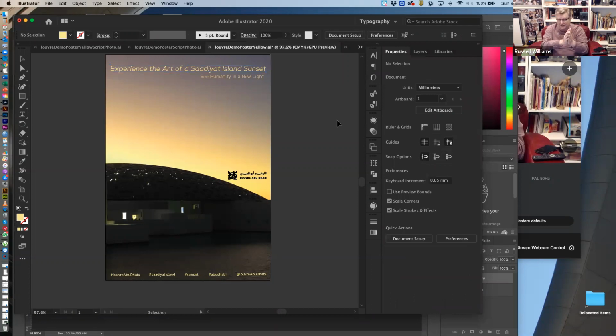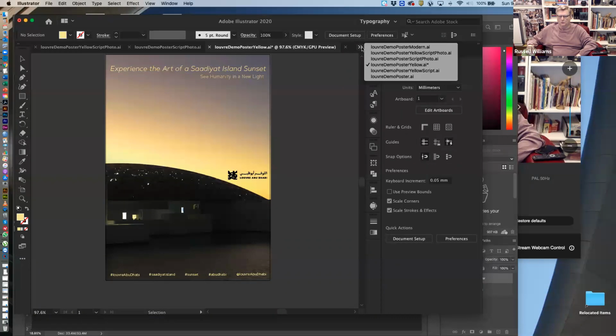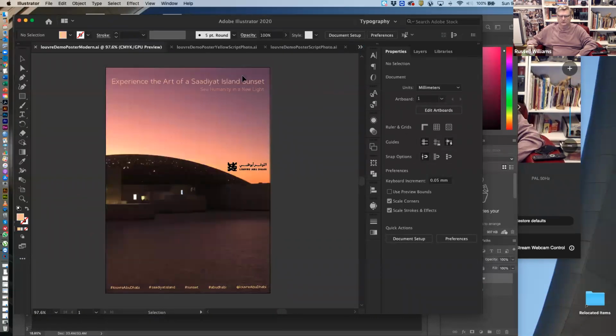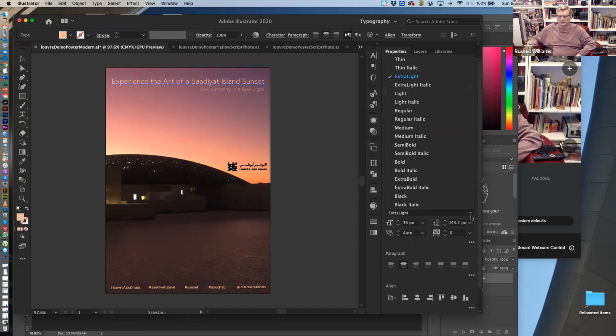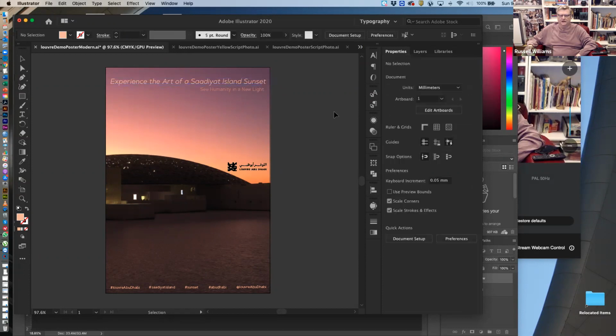So if I go from this one to one where the text is similar, so the demo poster modern, and I go extra light italic, even there, what happens is, when I look at this, I'm looking at half a poster. This whole space is completely wasted. I hope you guys are seeing that, when I switch back,